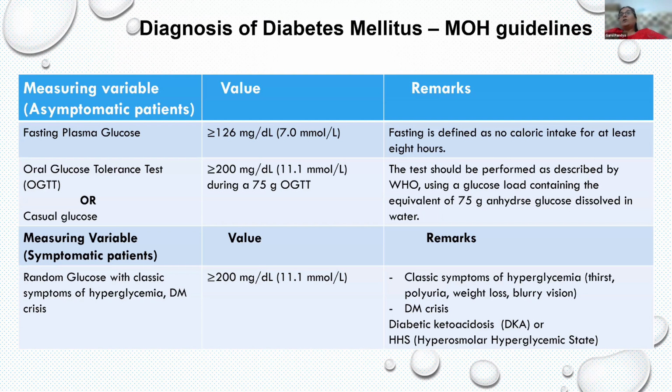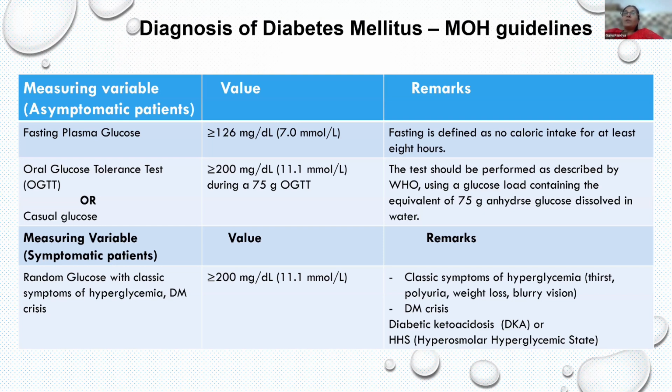And we all know that the cutoff is 7 millimole per liter for the fasting glucose, and for the oral glucose tolerance or the random glucose, it is more than or equal to 11.1 millimole per liter. So we have to make sure that the fasting is done for at least 8 hours without any caloric intake. The patient can have sips of water if they feel thirsty, but they should not eat or drink anything